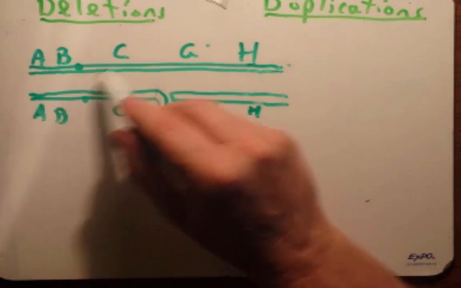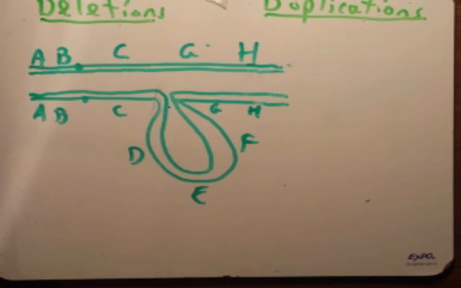We can still have crossing over events in this area between the homologous regions. And so meiosis will proceed just as we've seen it proceed before. Now I want to pursue this next question, and it's an interesting question, and it's the question of how do